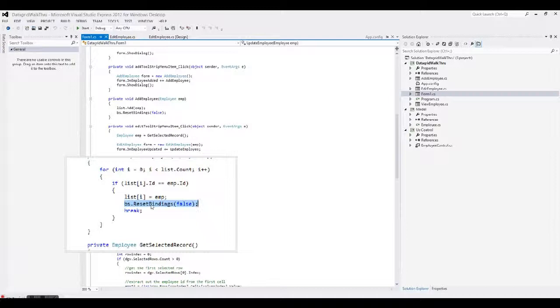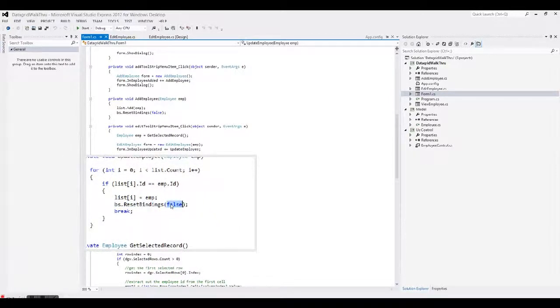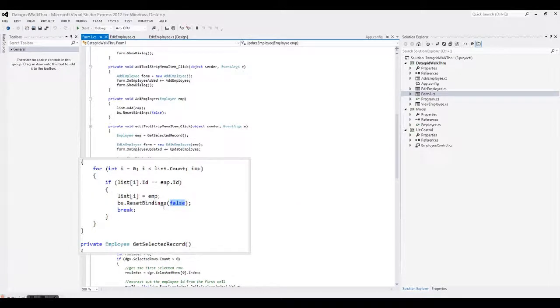And false is passed in because we don't have any structural changes to the employee record. It's structurally the same. It still has the same amount of properties. So false is fine for that. If you passed in true, what that would mean is that the structure of employee may have changed. And so basically that's it for the edit employee